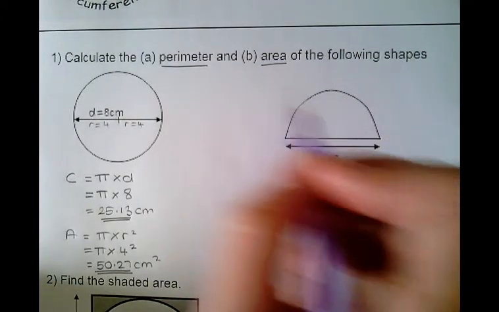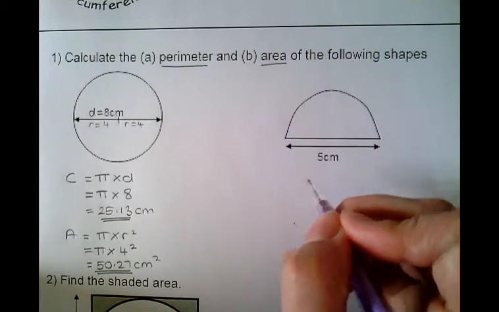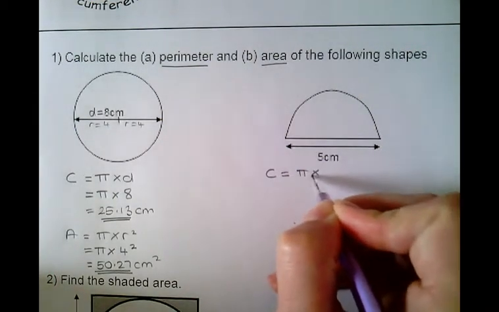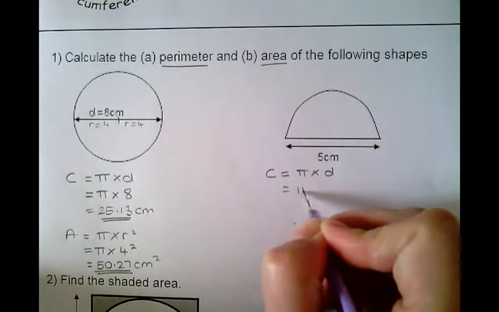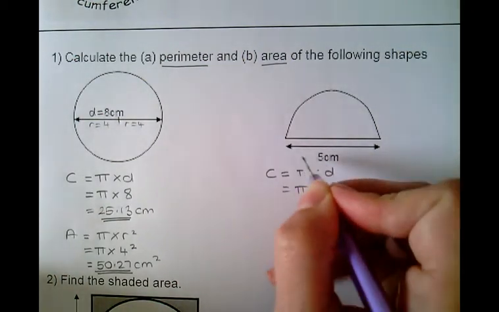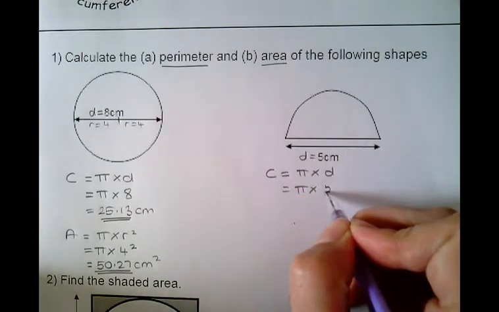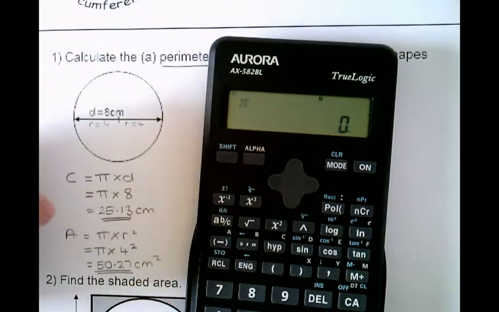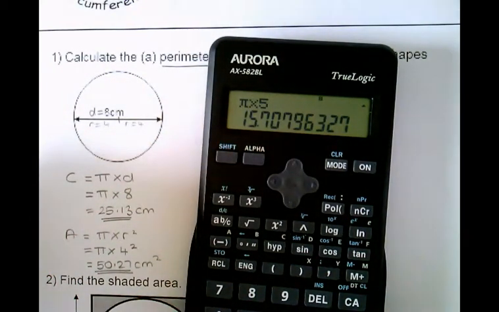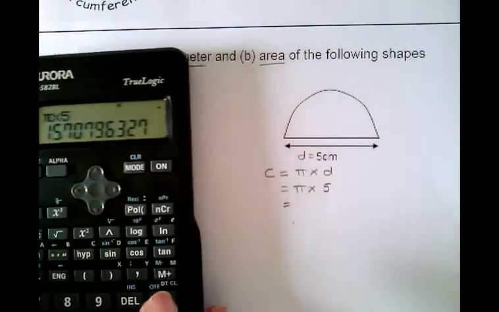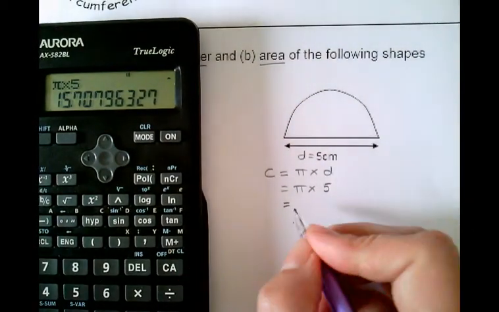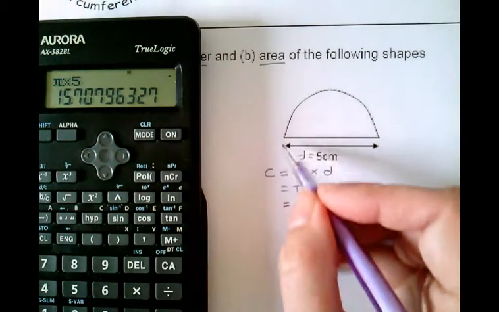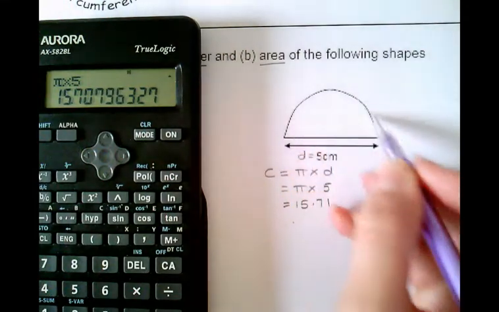The second shape then, find the perimeter of it first. So finding the perimeter, we would use circumference equals pi times diameter. So pi times, go to your picture, again that 5 is your diameter, so it will just be pi times 5. So go to your calculator, pi times 5 equals 15.71 to 2 decimal places. So that answer is the total circumference the whole way around the circle, but this isn't